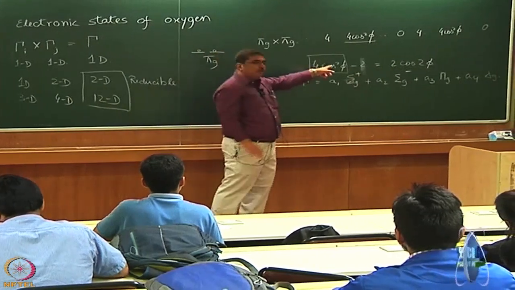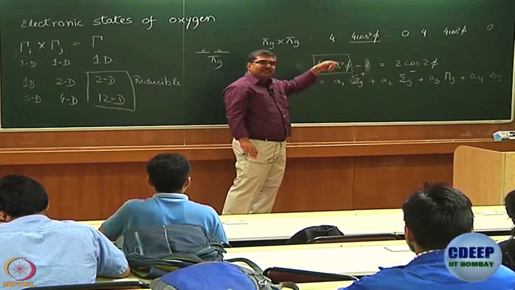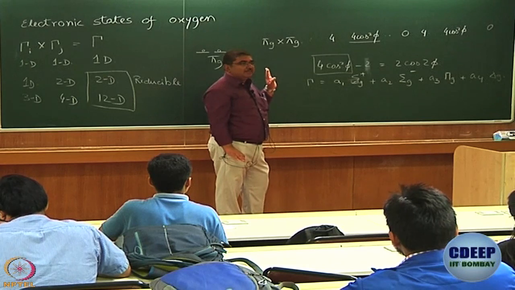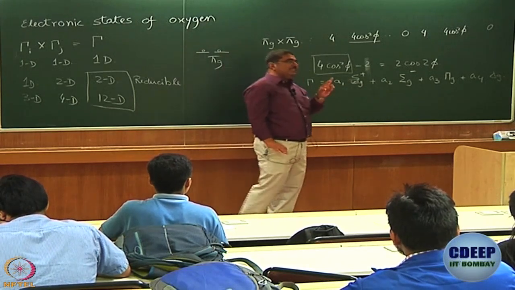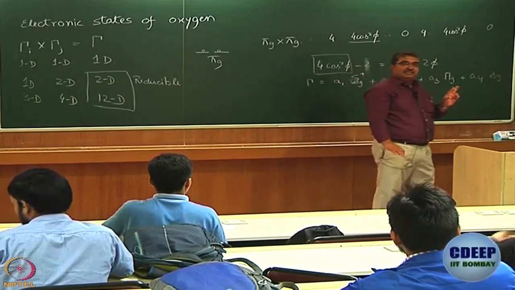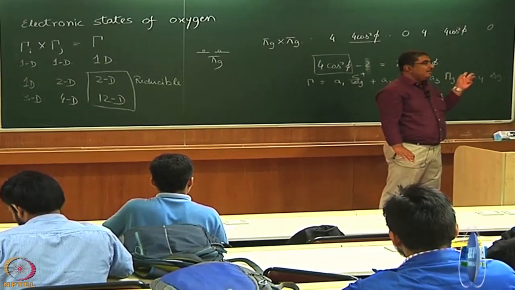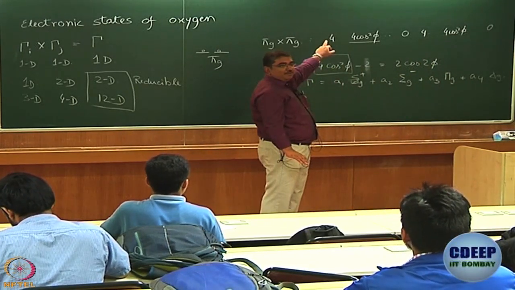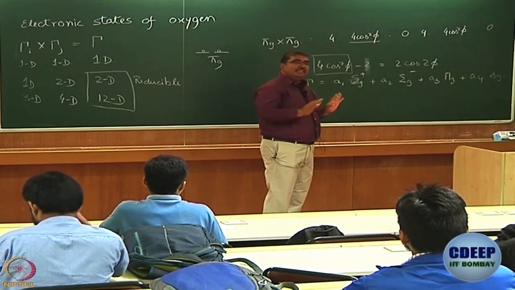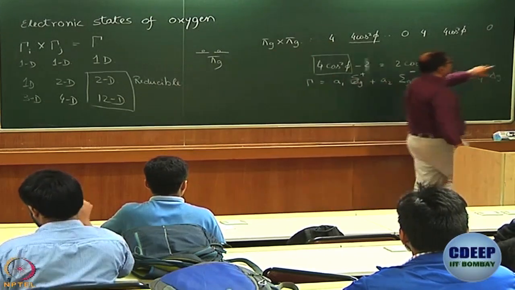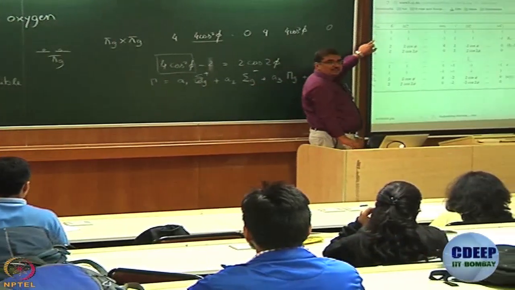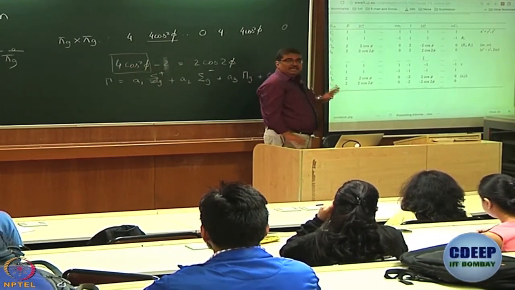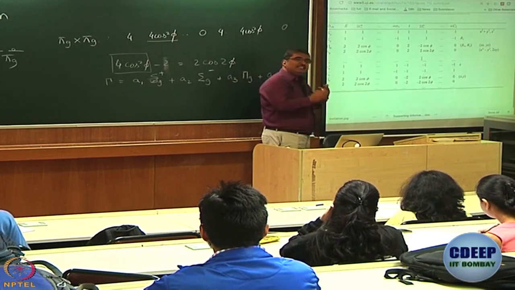Can you do it? So, you saw what I am doing, right? I am trying to look at individual characters and from there figure out what the coefficients are. Tell me what the coefficients are. Delta g is definitely there, no doubt. If delta g is there, delta g is a 2-dimensional basis, right? How many dimensions are you left with? The reducible representation you have is 4-dimensional. So, it is either delta g plus delta g, or delta g plus sigma g plus sigma g minus, or delta g plus 2 sigma g plus, or delta g plus 2 sigma g minus. Actually, one thing we can do without getting into much trouble is to just tie them out.